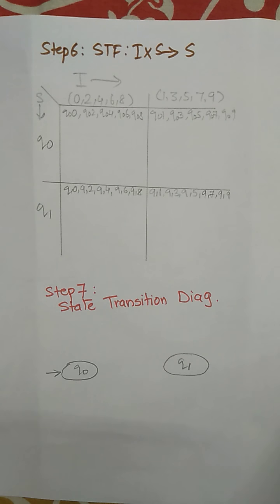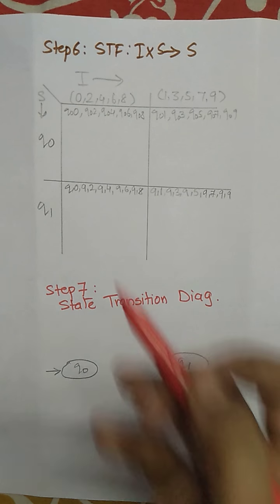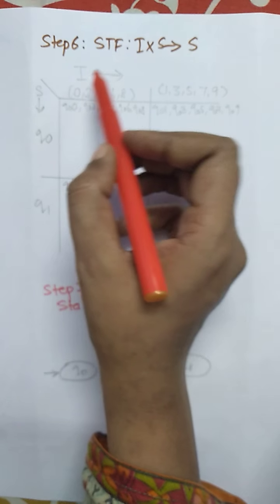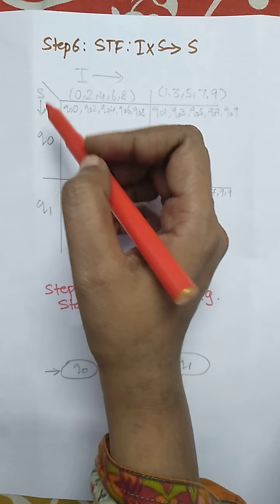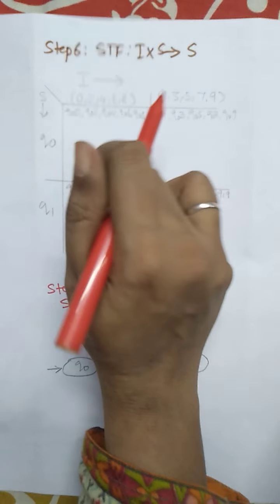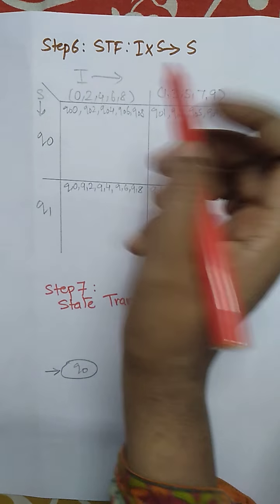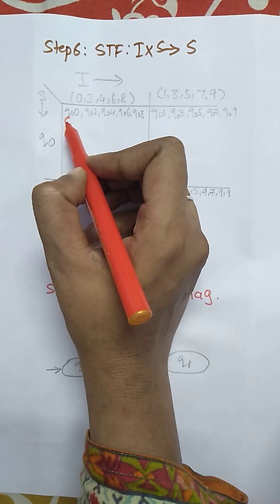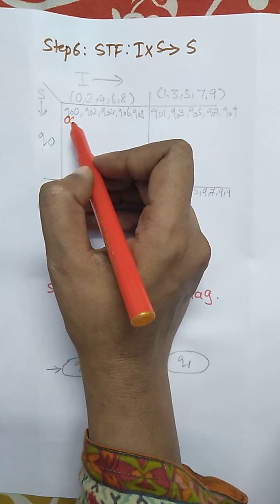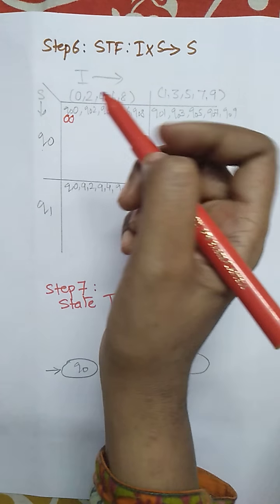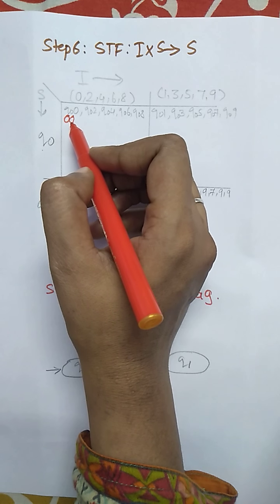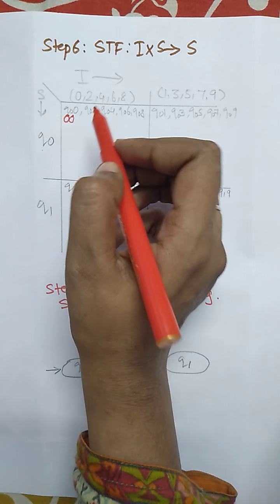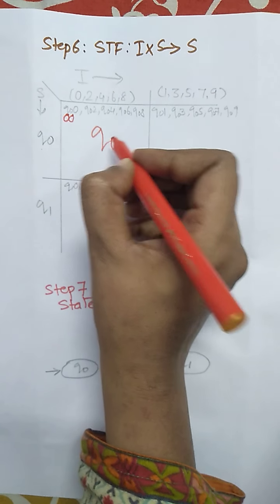Now we are going to complete the state function. So what is given in the state function? Again, I is the row header and S is the column header. I is divided into even number and odd number, and S is Q0 and Q1. And what we are going to write in the cells is the next state. So Q0, the current state, with 0 as the next bit. What will be the resultant state? This 0 0 will produce output 0, that is remainder 0. Remainder 0 is marked as Q0. So here we are going to write Q0.